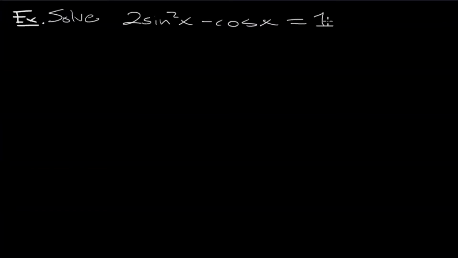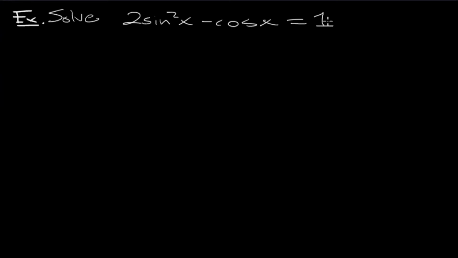So let's go ahead and I'm going to ask you to solve the equation 2 sine squared of x minus cosine of x equals 1. What are some things in this problem you think are going to make it more complicated than what we did yesterday? Okay, there's a square, and there's two different functions, and there's a 1. So the first thing that I'm going to do is I'm going to say, okay, we need to not have